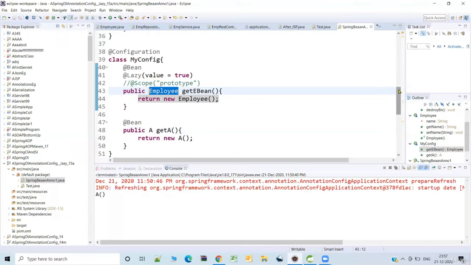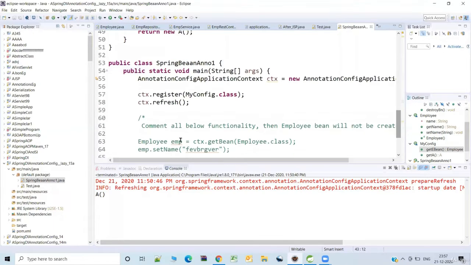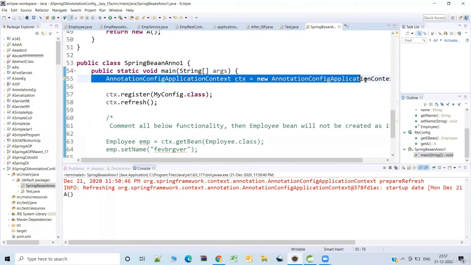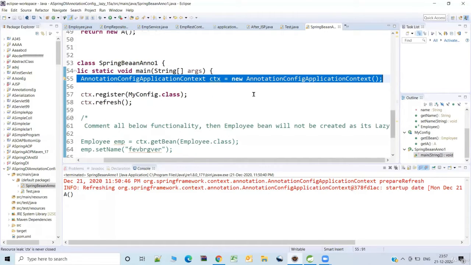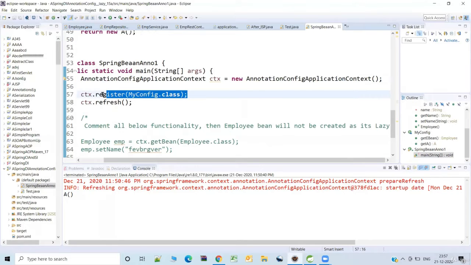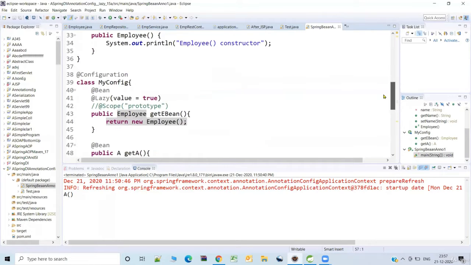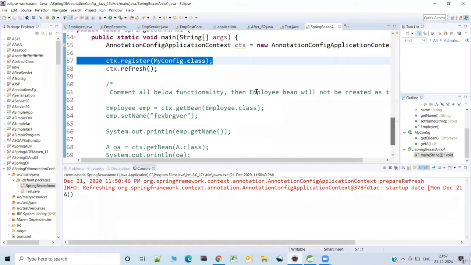If you see the main driver program, I specify the configuration class as my config, which we have here. Fine.